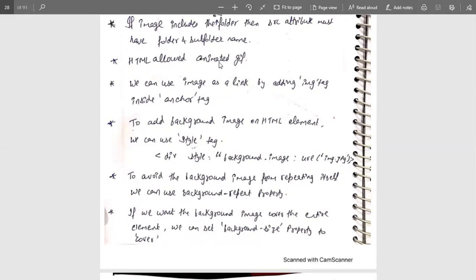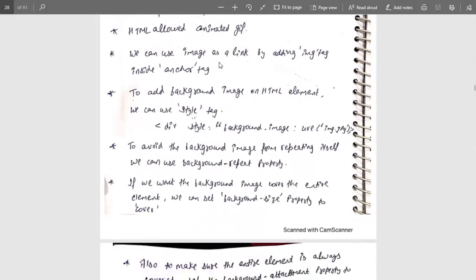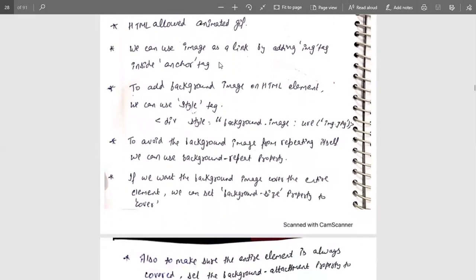Next point is to add a background image on an HTML element. We can use a style tag that contains the background image in all the web pages. That is similar to the width, height, and all other features of an image, which will remain the same. So here the style is equal to background-image, and that contains a URL of an image. Here the background-image and the value are separated with the help of a separator, that is called a colon. So once the style tag is used, that contains a value called background-image, and that background-image is separated by a colon from a URL, and that URL is also mentioned in inverted commas.